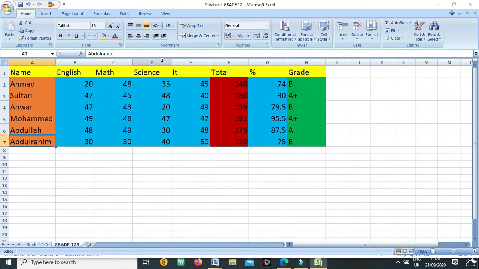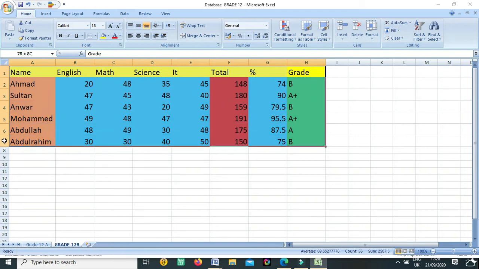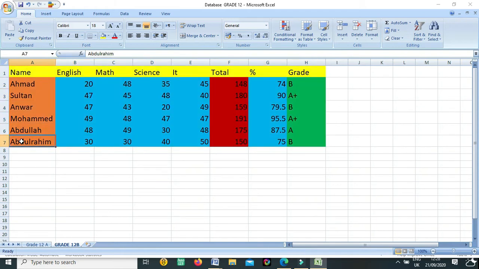So let's start. So guys, the first thing I want to show you is how to filter the data. What is filter? Filter means if you have thousands of records and you just want to know about some specific data, how can we do it?